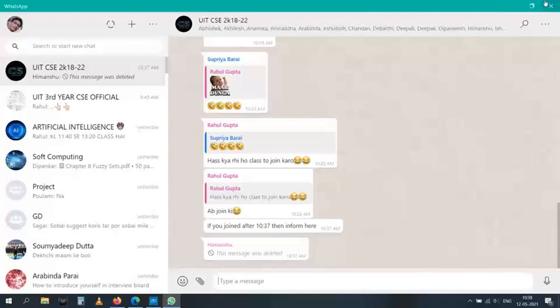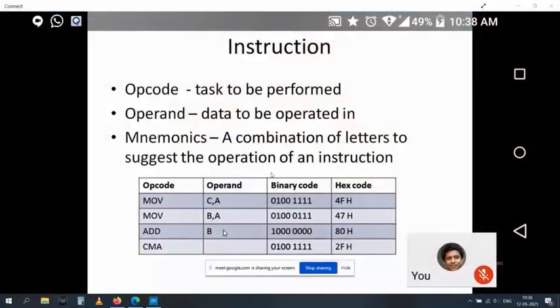It will not change. This will happen for the addition operation, subtraction operation, and any logical operation. We had seen the types of operations taking place in the microprocessor, so these will also happen that way only. That is implicit. Like CMA, complement: it will complement the contents of the accumulator A. Nothing is given here, it is only CMA. The hex code for that is 2FH. So these are all 1 byte instructions.